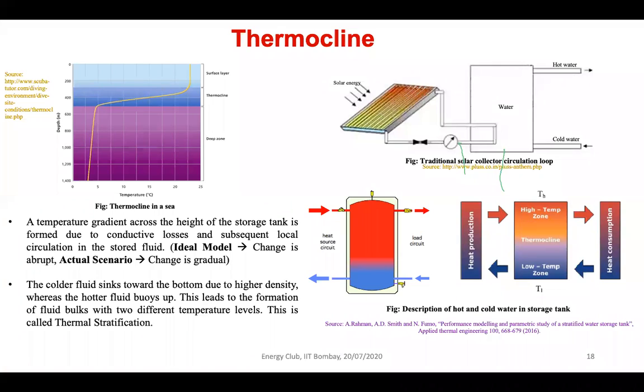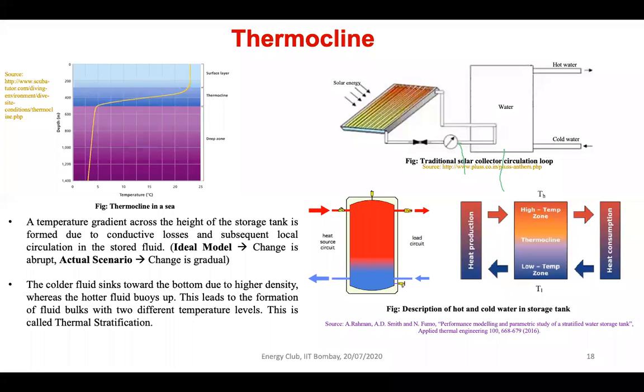Okay, so what is the advantage of this thermocline system? The temperature gradient at the interface is very sharp, and as I was showing you with m Cp ΔT, the temperature difference will be very high, and because of this, the energy storage will be very high in these cases. However, there are certain drawbacks of this system in the sense that if there is disturbance,